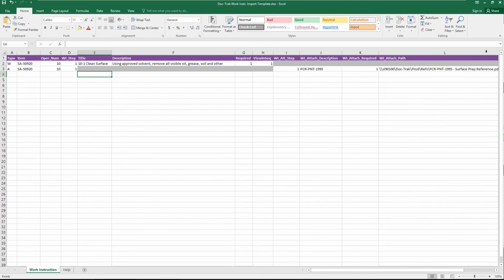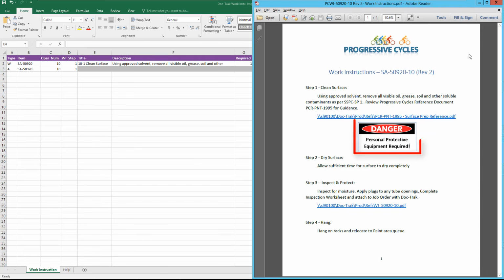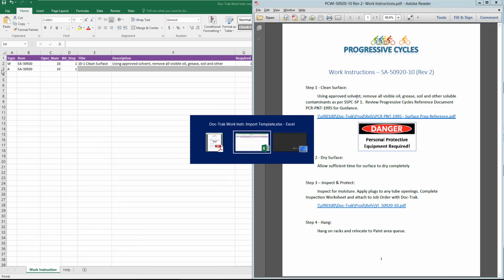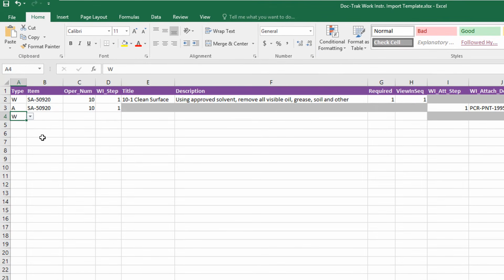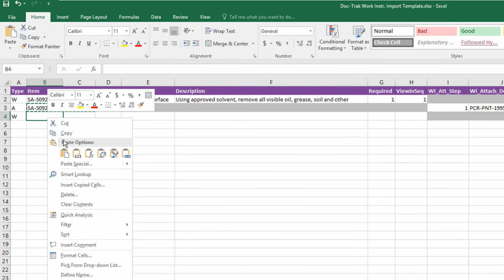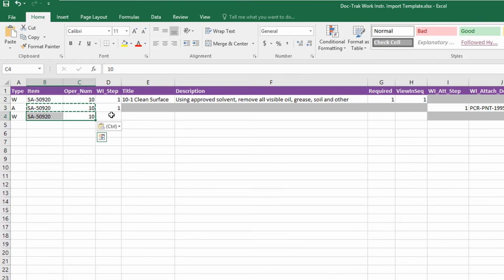Next is our danger sign. Unfortunately, we can't include embedded images in our worksheet, so we'll have to add that to step 1 after it's uploaded. Now for step 2, I'll enter W for work instruction. This is for the same item in operation, but it's going to be for work instruction step number 2.